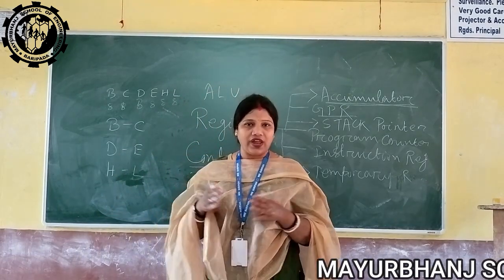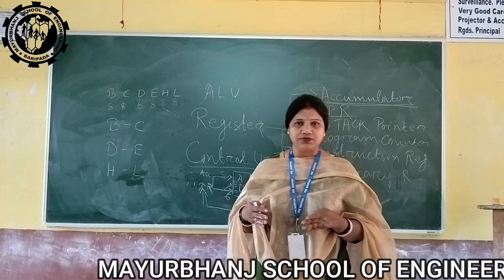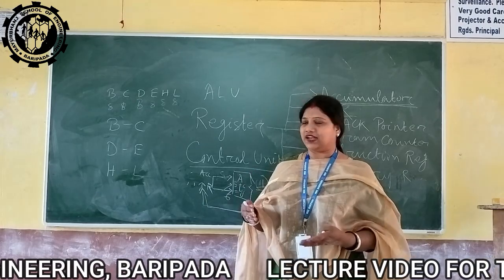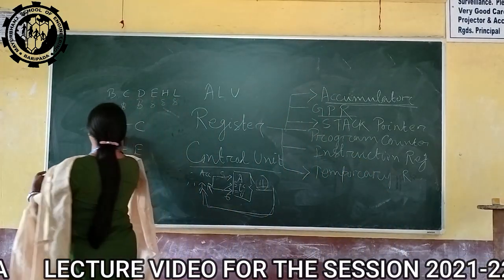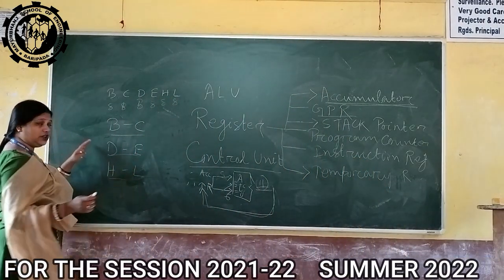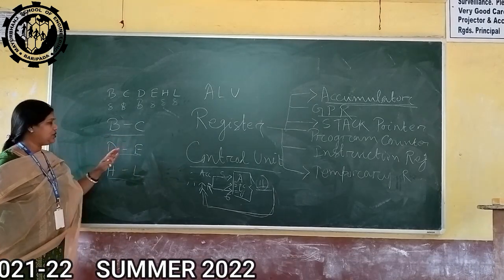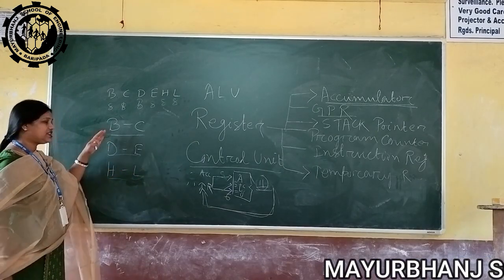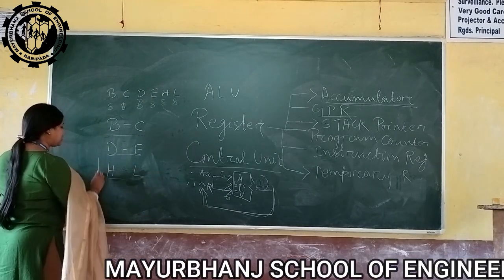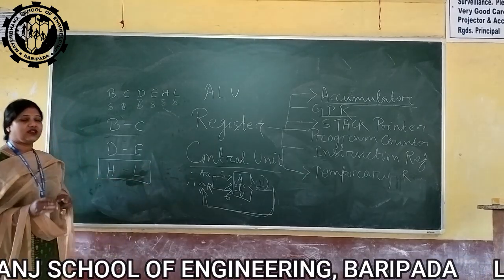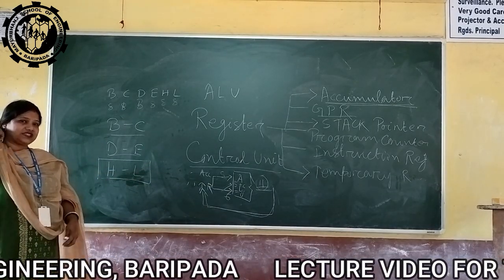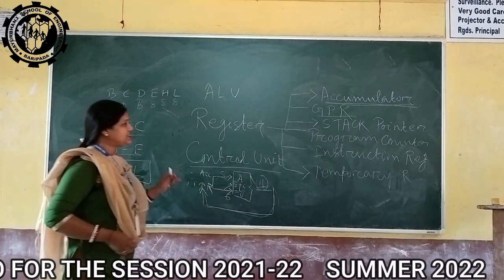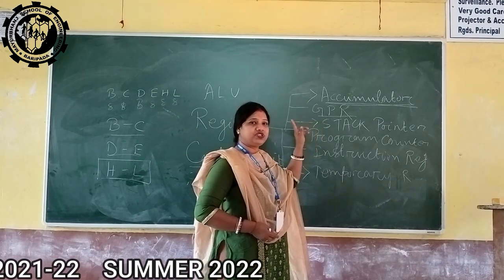The combination of two registers is known as a register pair. When you combine two 8-bit registers, it forms a 16-bit register, so that we can store 16 bits of data at a time. B can only pair with C, D can only pair with E, and H can only pair with L. These are the valid register pairs, and the HL pair is used as a memory pointer. That is all about general purpose register.